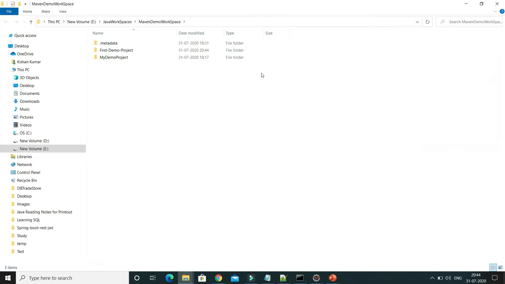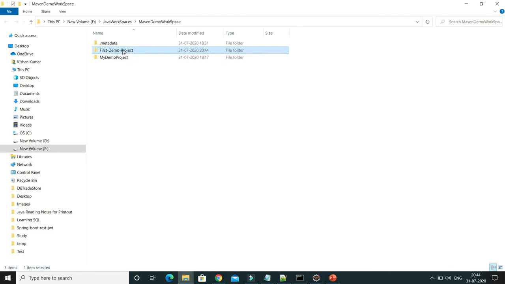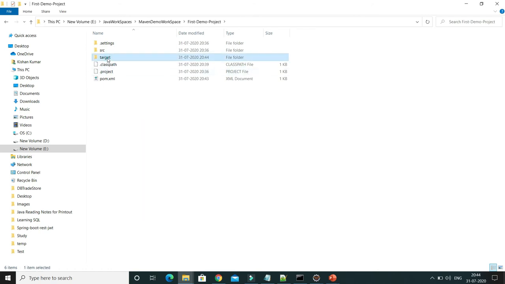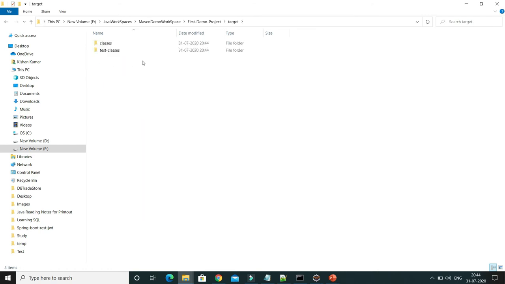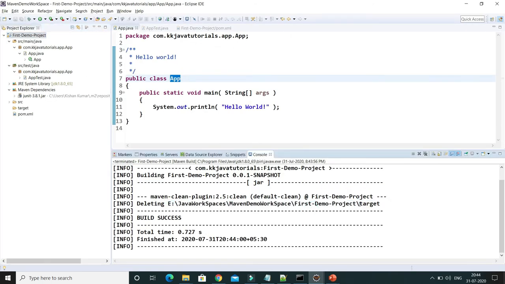So this is our project; the project name is first demo project. If you go inside, whenever we run mvn clean, the generated jar file will be deleted from there, so the target should be cleaned.